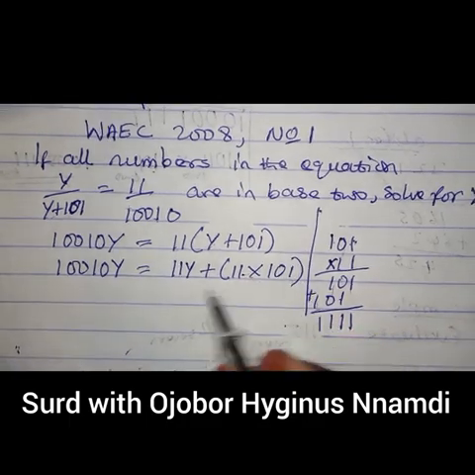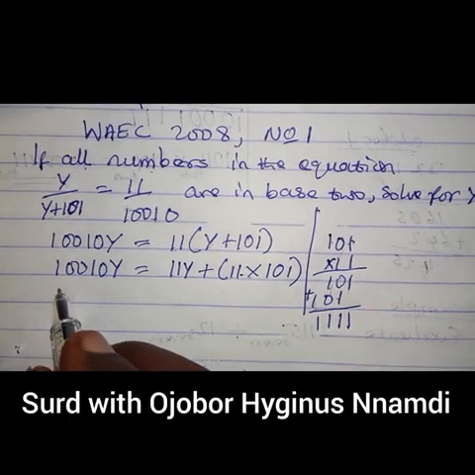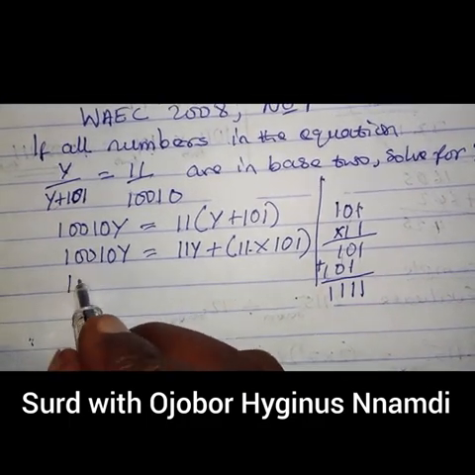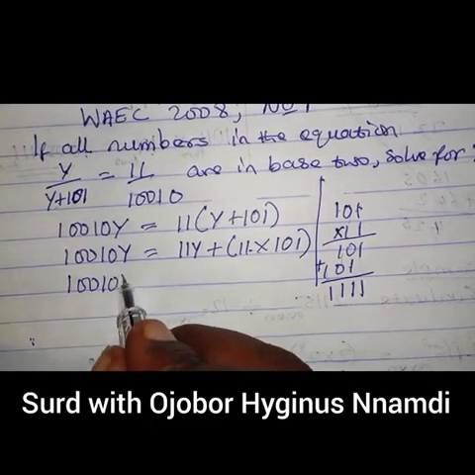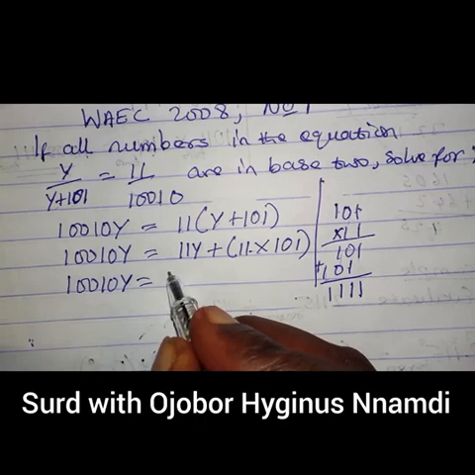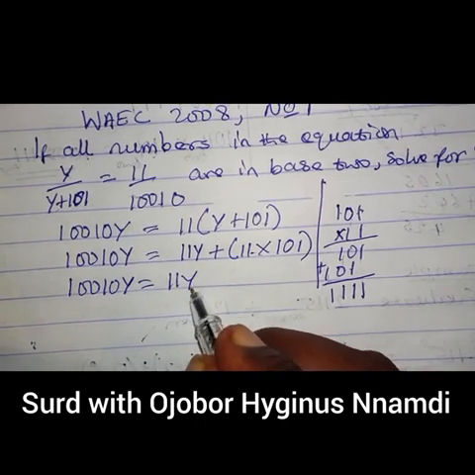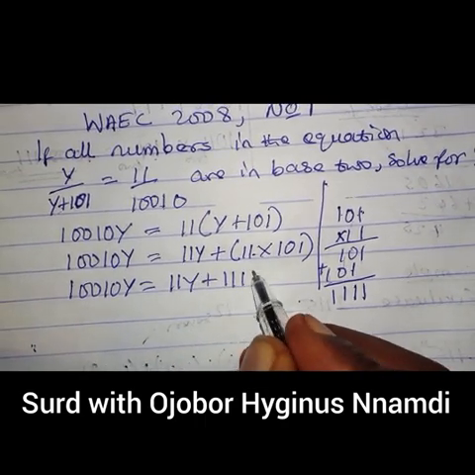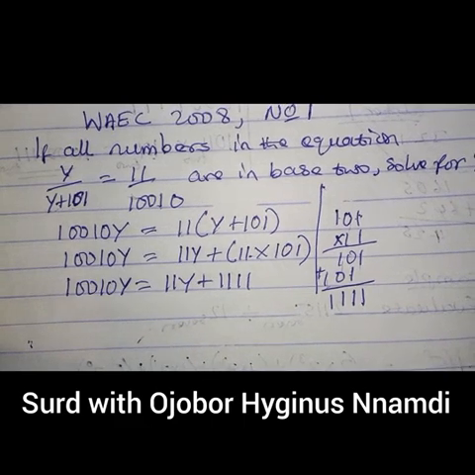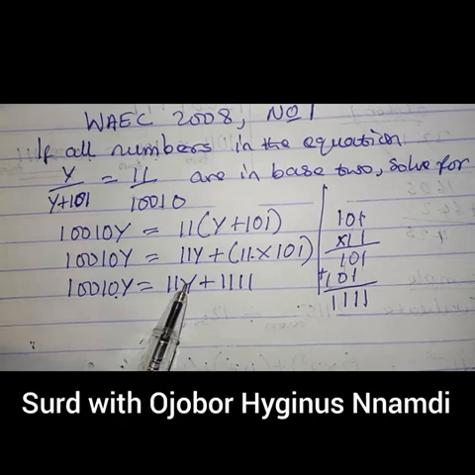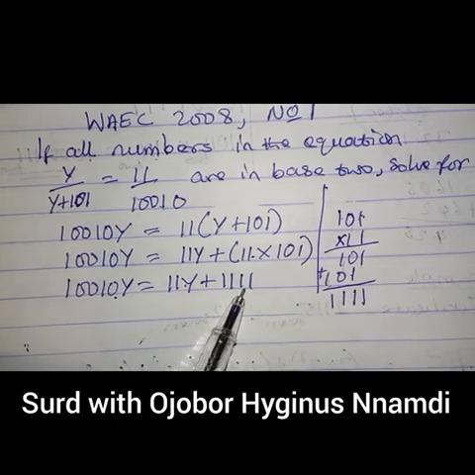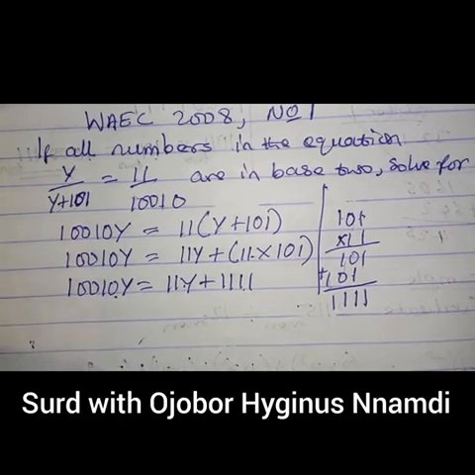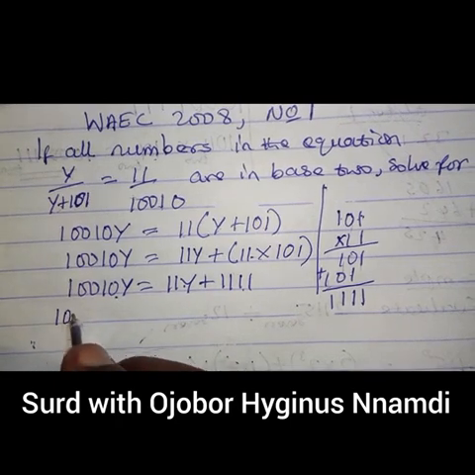So these two will give us 1111. So what we are going to have here is 10010 base y is equal to 11 base y plus 1111. You can see that this contains y, this contains y, but this doesn't contain y. So we are going to collect like terms, so that we'll have